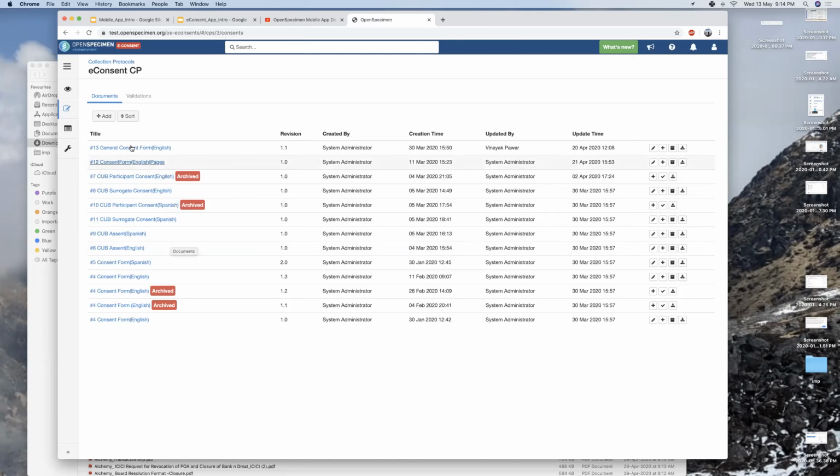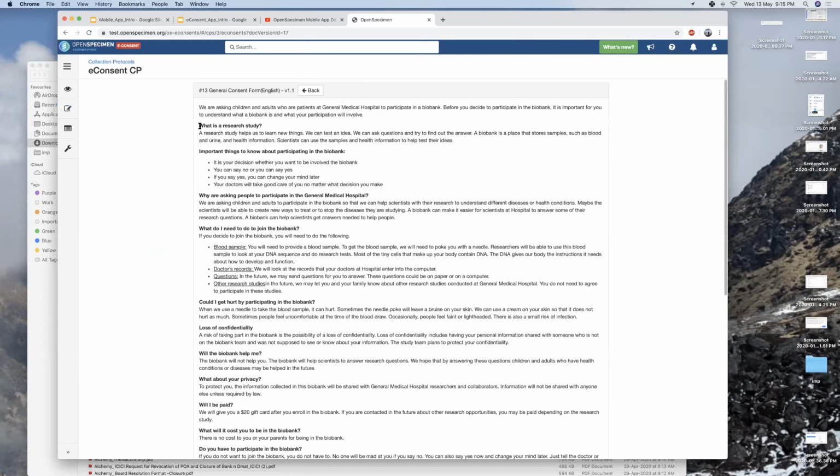Let me open a sample consent form. The consent form can be designed exactly like what has been approved by the IRB. Whatever the formatting of the form, whether something is bold, something is underlined, or something is hyperlinked, it can be reproduced.